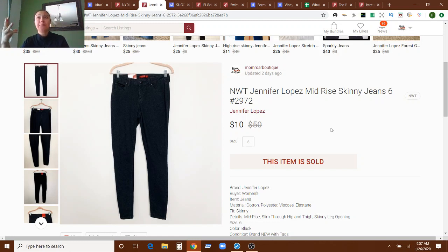I go to 3 places, 2 Style Encores, 1 Once Upon a Child. I usually can knock it out in about 3 to 4 hours while Gio is at school, but you have to get there right in the beginning of the day before the line gets too long for them to go through your buys. And it's still 3 or 4 hours that I'm out of the house, that I'm not taking photos, that I'm not working on my business. I'm just going and selling stuff, and usually I walk away with a few $100s, and it is worth it,